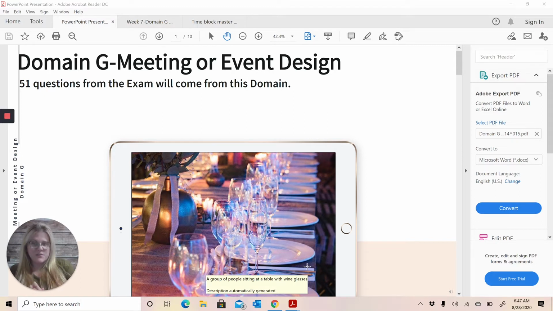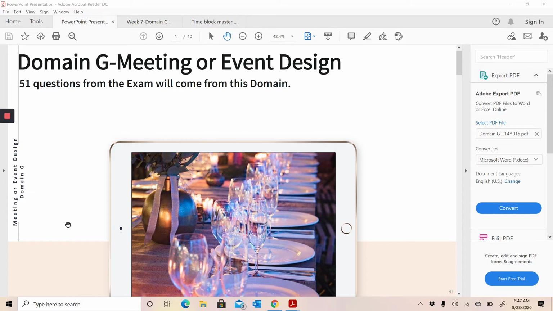Again, we only did the two skills, and Domain G makes up 34% of the exam. So 51 questions from the exam come from Domain G. So we are breaking it up into small, manageable pieces so we can get through this and also to learn the information. So I hope you enjoyed these last two skills. So let's jump in. I'm going to go ahead and hide my mic or video here so I don't get